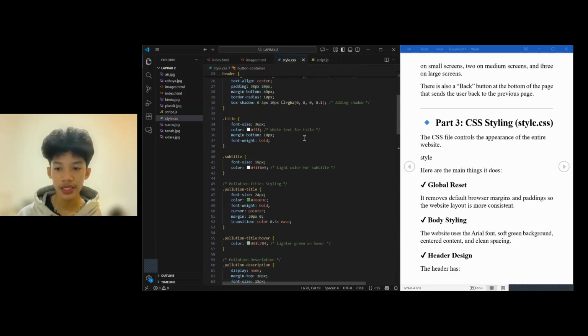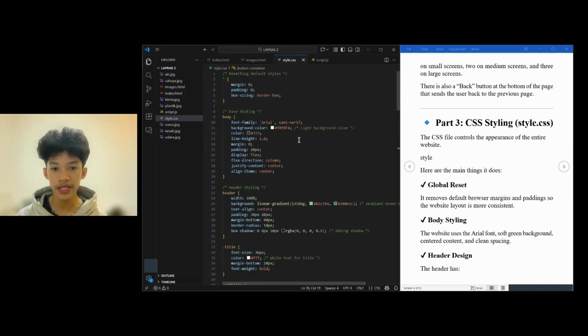Next, CSS styling in style.css. The CSS file controls the appearance of the entire website. Here are the main things it does. 1. Global reset. It removes default browser margins and padding so the website layout is more consistent.